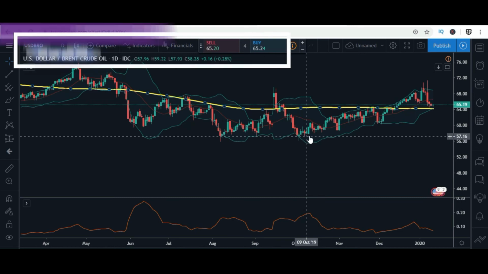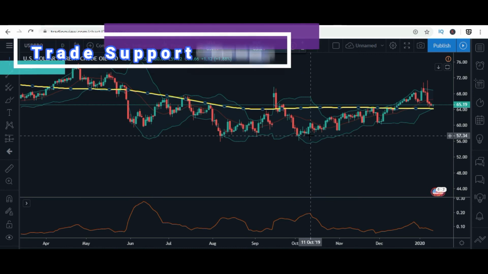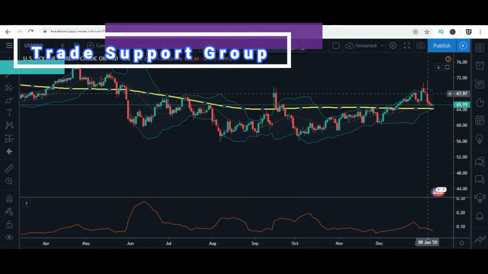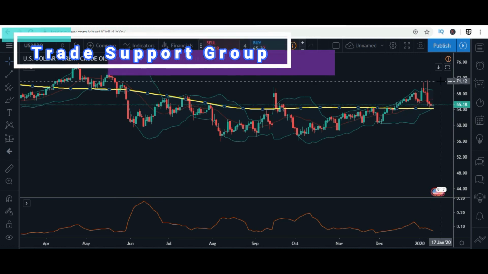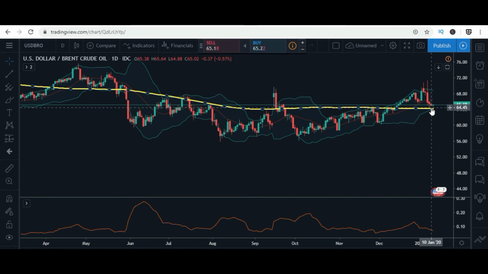Over the next couple of weeks, again, with us being above the 200-day moving average, we're on a very strong support. We're sitting right on top of the 200-day moving average. Expect some price action to occur within the next week or two. And one thing to also pay attention to, not only a bullish run. Bulls would love that, but if we break back through this 200-day moving average,